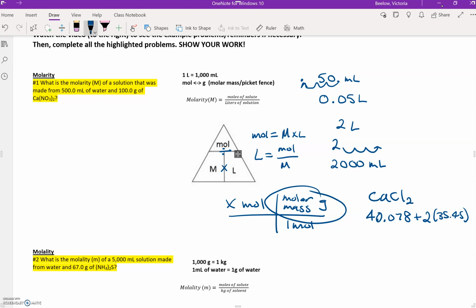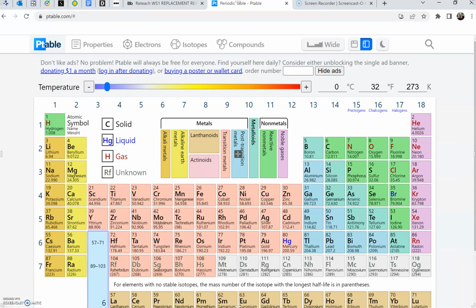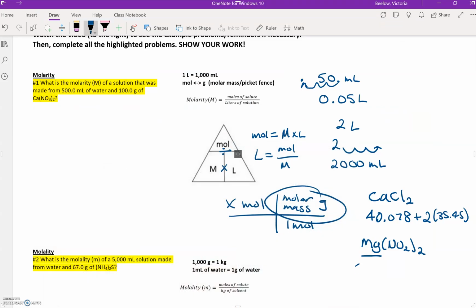If it's something a little bit more complex, something like a polyatomic ion, for example, let me think of an example real quick. So let's say I have Mg(NO2)2. So I have 1 magnesium, which would be 24.305,